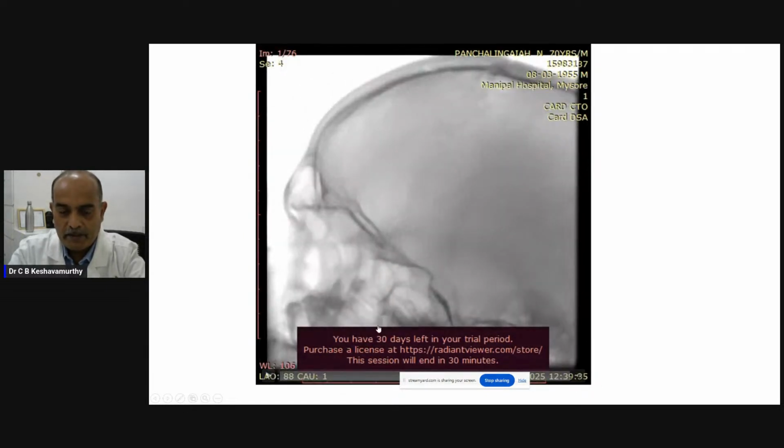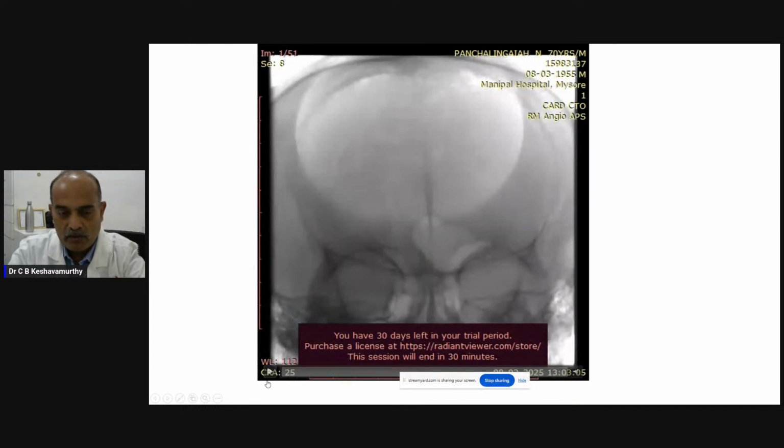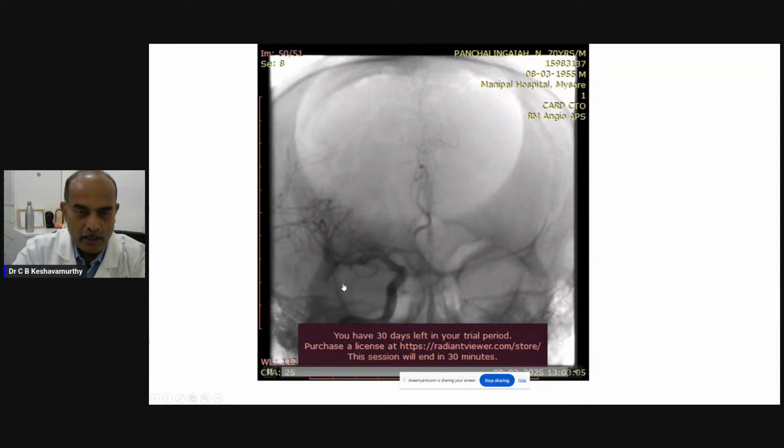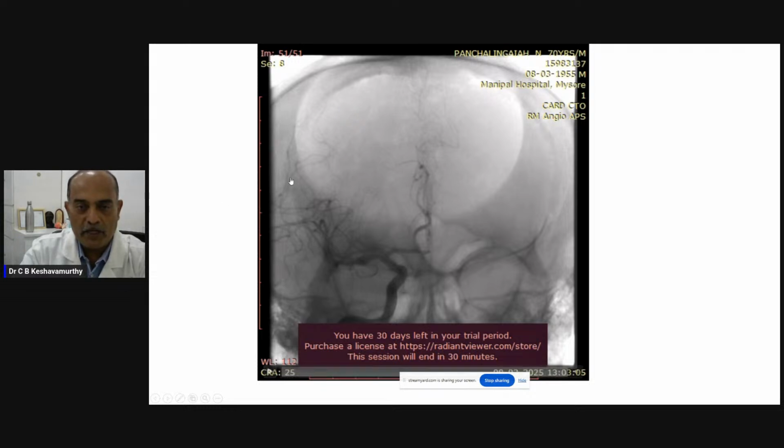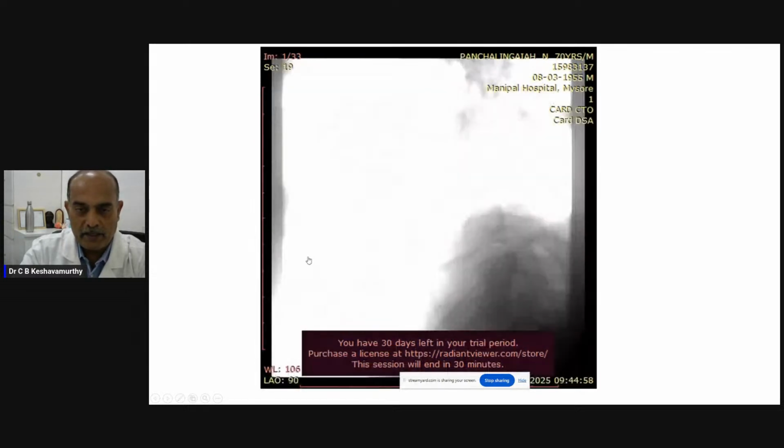So, in the primary sitting, an attempt was made to pass a balloon catheter and achieve some flow at this level. And nothing much was done to the internal carotid artery stenosis at this time, thinking that hyperperfusion syndrome or bleeding complications would occur. Some flow was obtained in the middle cerebral artery with partial filling of the ACA and the MCA, and the patient showed some clinical improvement at this stage.